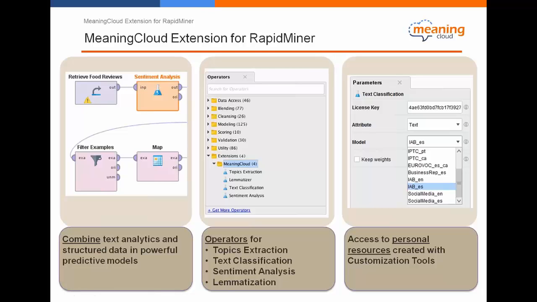But basically, these operators are topic extraction for the topic extraction API, text classification for the same API, sentiment analysis for polarity analysis, and lemmatization that exposes part of the functionality of the part-of-speech tagging API. And most importantly, you can also access your personal resources, your dictionaries, your classification models within RapidMiner, which gives you, as we'll see later, text analytics of the highest quality.